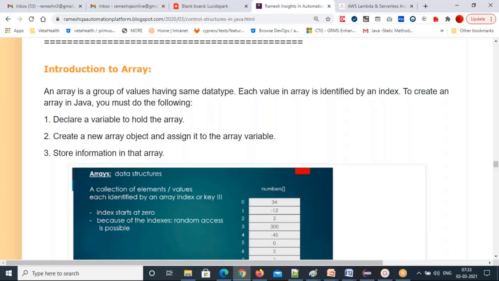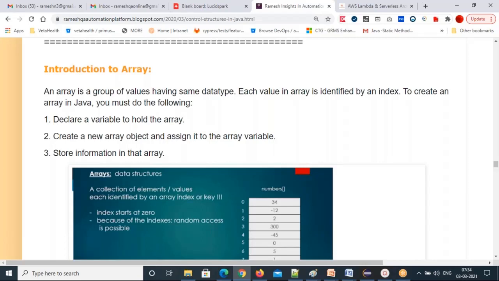Similar data type elements you can store. For example, a variable you can use to store data, right? Even you can use an array to store the data. But what is the difference between a variable and an array? In a variable, you can store only one value, whereas in an array, you can store more than one value at a time. That's the concept of an array.